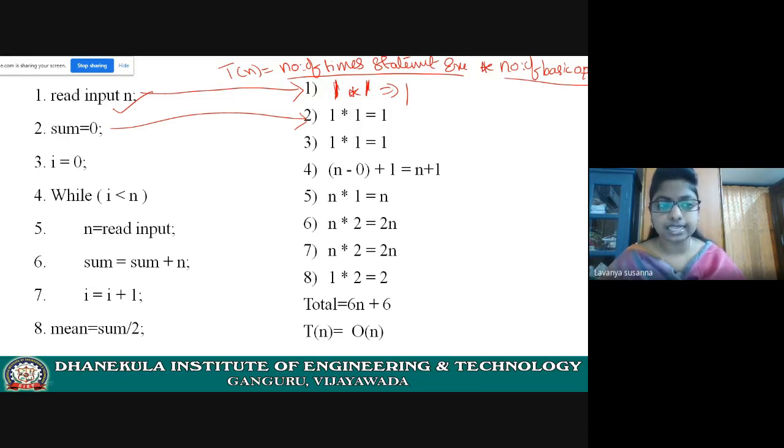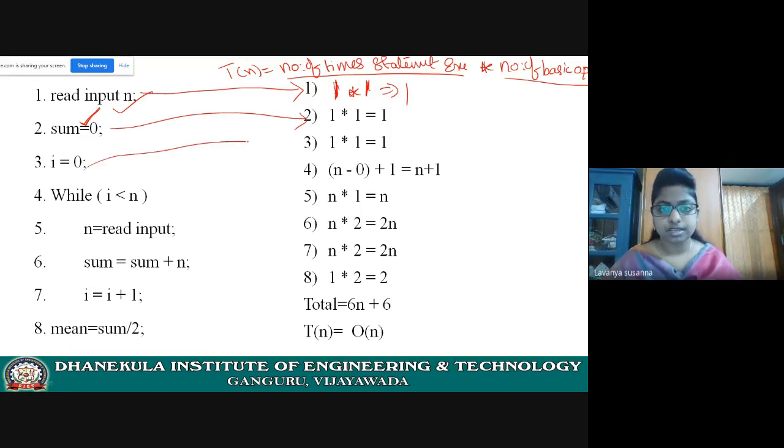Now let us see the T of n, the time taken for this second statement. Sum equal to 0. How many times does this statement execute? Only once. 1 into the number of basic operations. Equal to is a basic operation, only 1. So 1 into 1 equals 1.